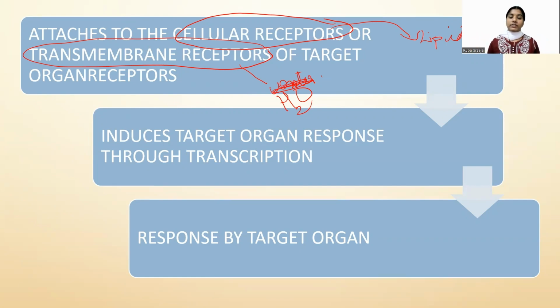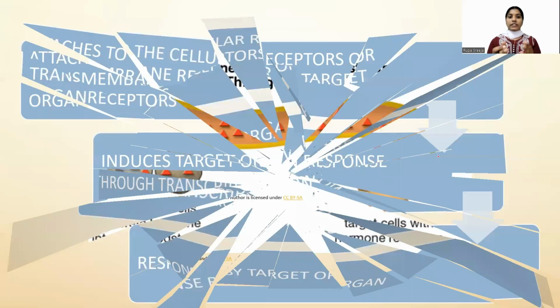Like that, the secondary messengers are activated, and those secondary messengers phosphorylate proteins, and the phosphorylated proteins are the form of response shown by these organs. This induces the target response through transcription or phosphorylation. Now, the response is shown by the target organ. This is a brief